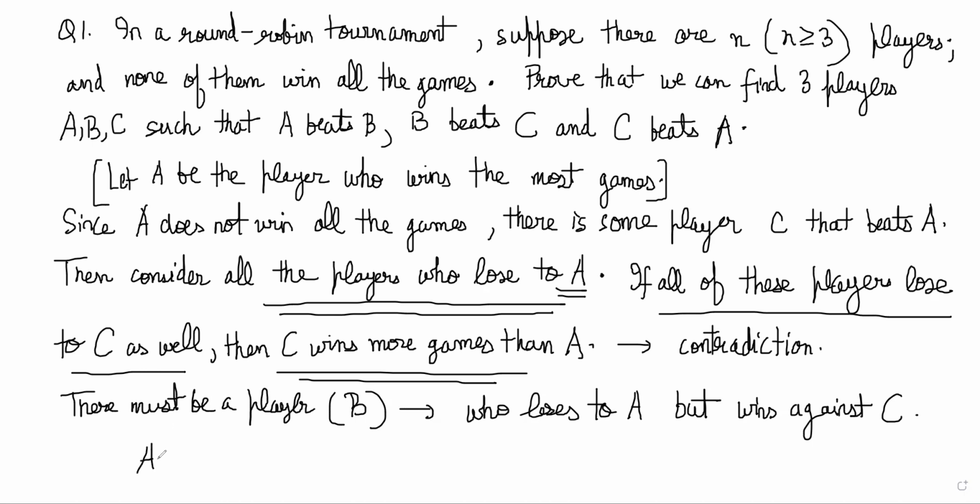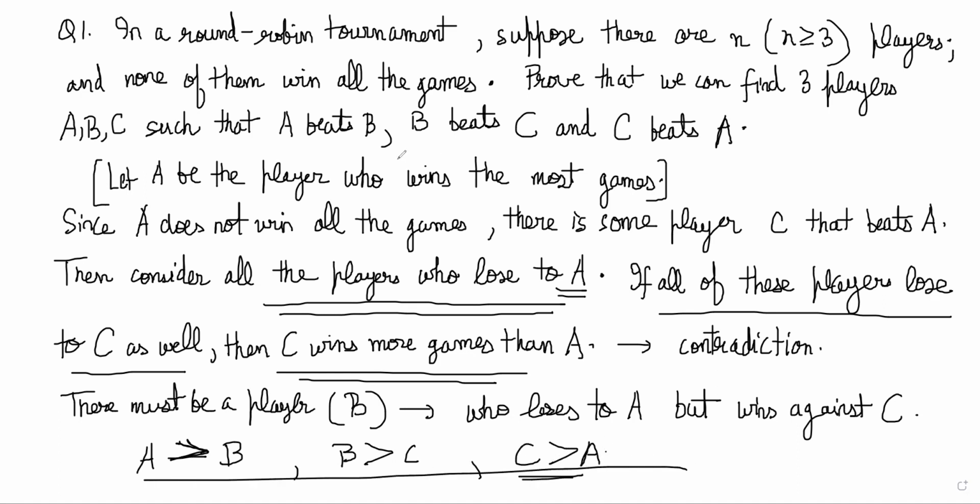So then we have our condition: A defeats B, A greater than B, let's say. A defeats B and B defeats C, but C defeats A, right? This type of situation is happening. And that is what we wanted to prove, right? Now, understand that the way you solve the problem is by assuming this A person who has won the most